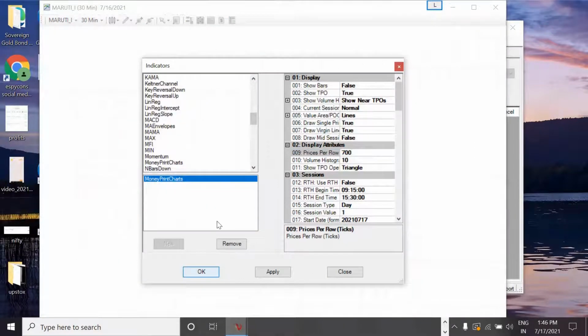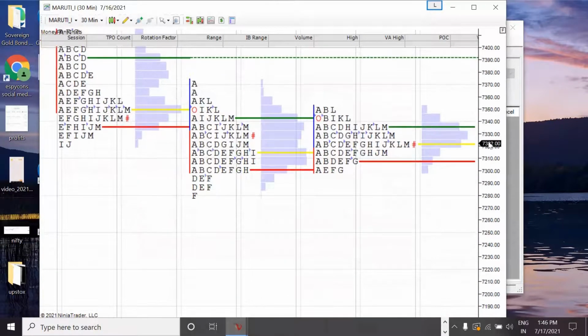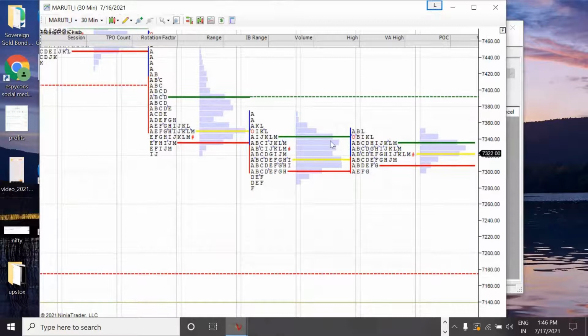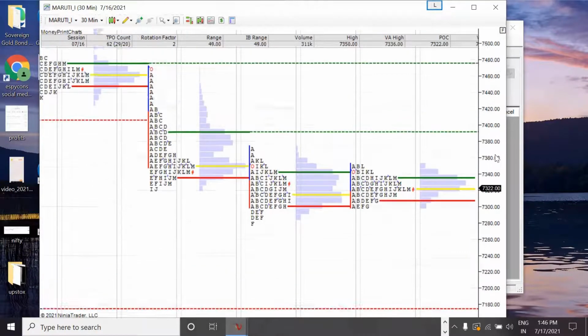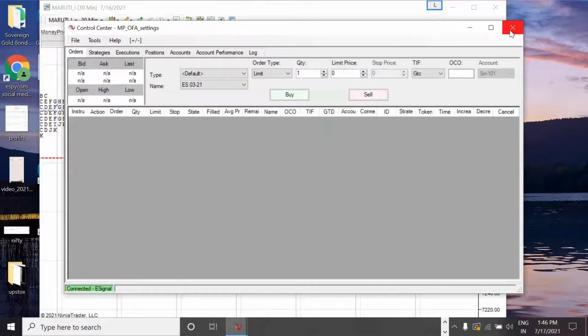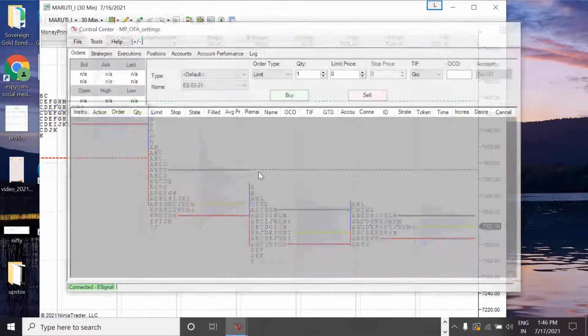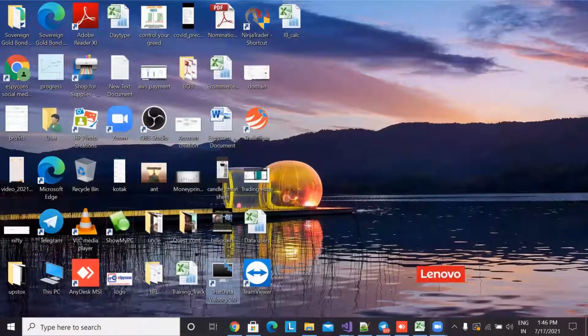The moment I click on OK, this data will automatically get loaded here. See, can you see here? It just got loaded here. So for any stock you can give 10% of the rate. By default, it will be saved for Nifty, and this is how we can do it. Now I'll close it here, and let's again close with yes to all. Once I close, everything got closed.